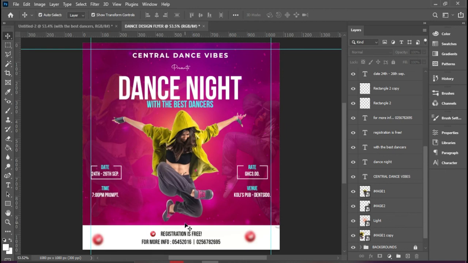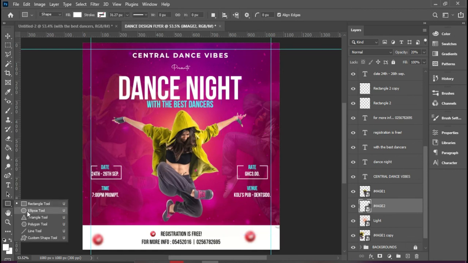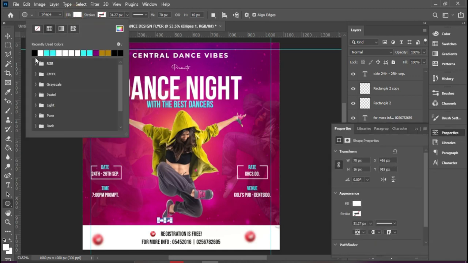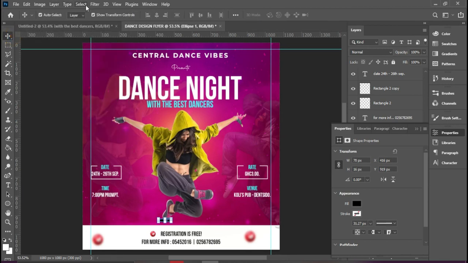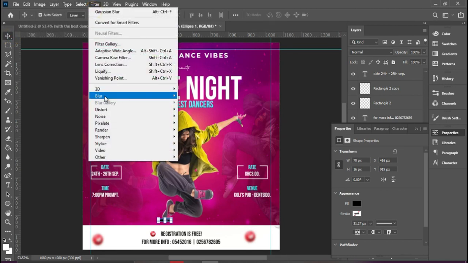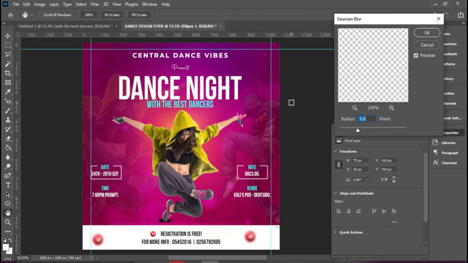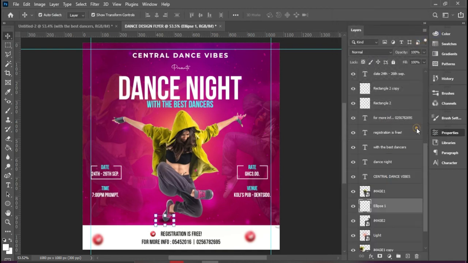All right, so you can see that I want the woman to look like she's on a floor, so I will select the down one, go to my ellipse, and then I'll create something like she's standing on the floor. Change the color to black, go to my filter, and then we are going to blur it. Use Gaussian blur, rasterize it. Have you seen it? Then let's go up and change it to somewhere like 6, which is okay, and then let's bring it